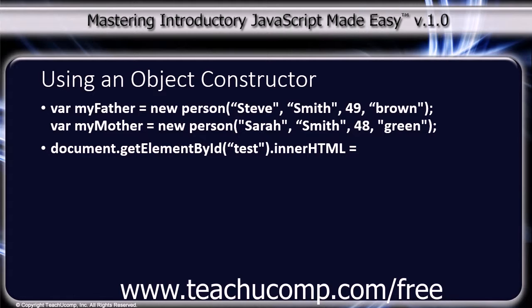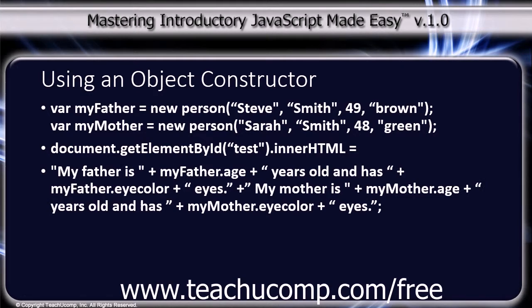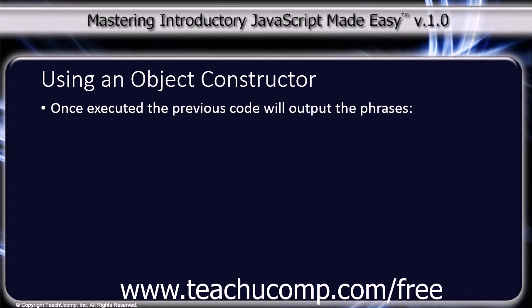document.getElementById("test").innerHTML = "My father is " + myFather.age + " years old and has " + myFather.eyeColor + " eyes." + " My mother is " + myMother.age + " years old and has " + myMother.eyeColor + " eyes."; close script tag, close body tag, and once executed, the previous code will output the phrases,